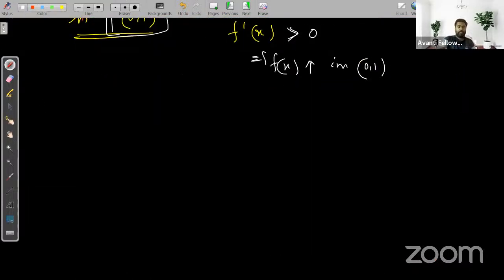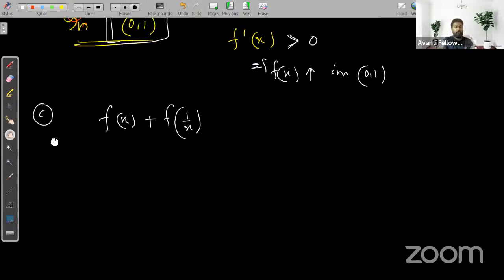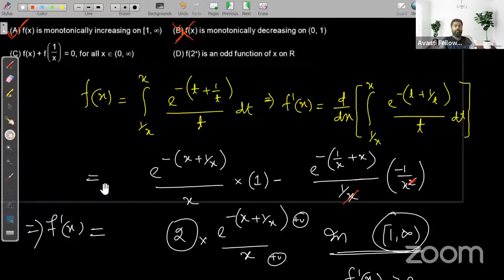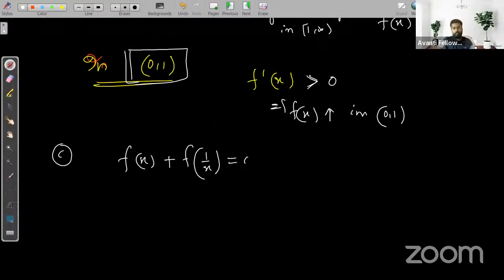Option C: f of x plus f of 1 by x is equal to 0 for all x belonging to (0, infinity). So this is equal to 0 for all x belonging to (0, infinity). Is it true? So let's check. For the function, it is given that